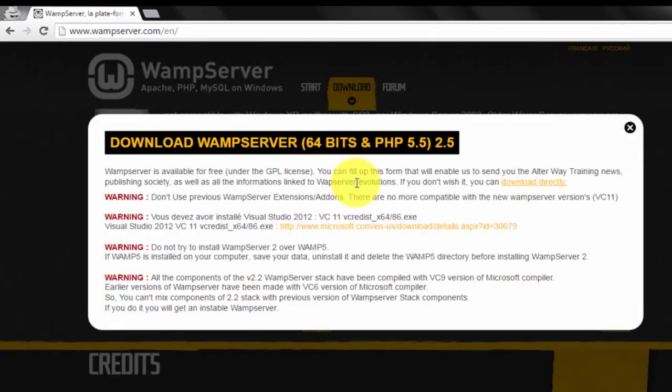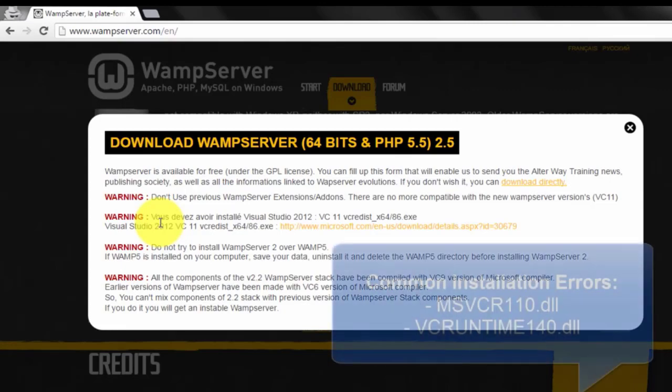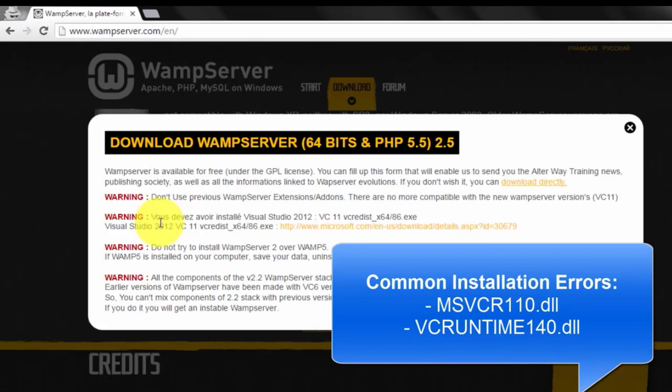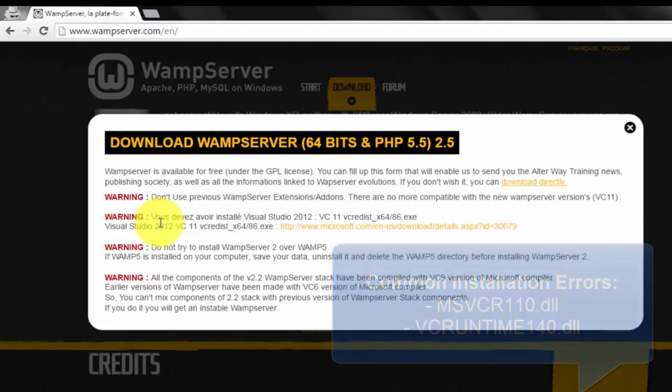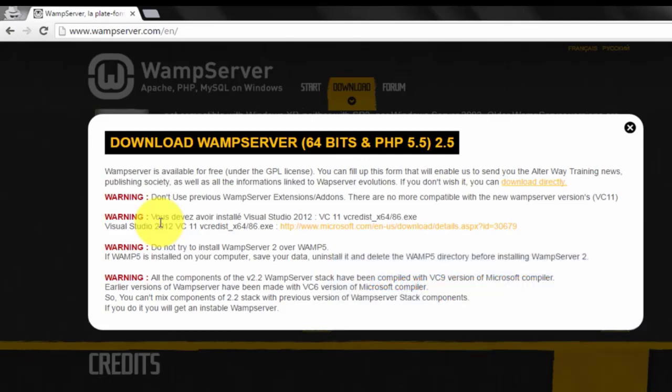This launches an alert box that provides some useful tips prior to downloading and installing Wamp. This second one here is very important. There are two common errors that occur during installation. The first is the msvcr110.dll file is missing. And the second error is vcruntime140.dll is missing. If you do get any one of these errors while installing Wamp, you'll need to download and